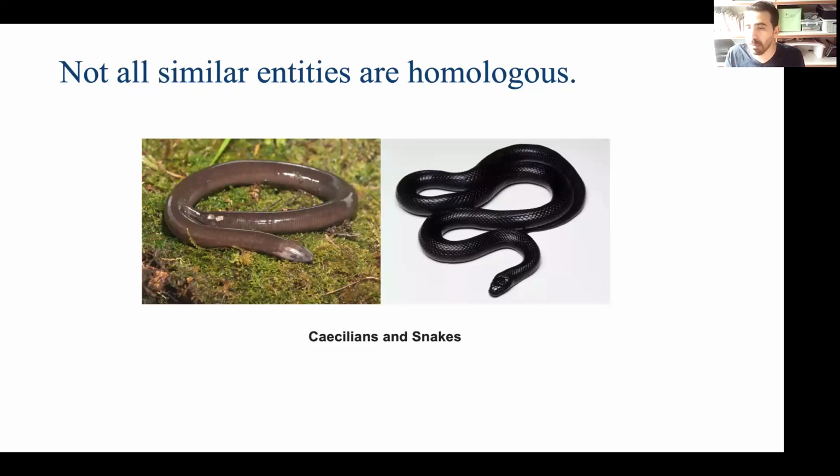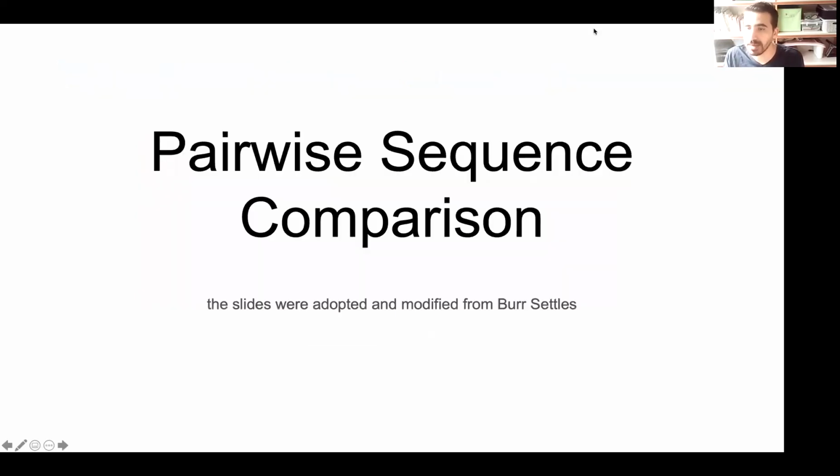So how do we understand homology then? Whether two entities are homologous to each other or not. We look at the sequence, right? We look at the sequence of the genes, because if sequences are similar enough, and if you can align them, and if this alignment is significant, then you have an idea whether this similarity of sequence is due to chance only or not. So that's why we have to apply pairwise sequence comparison. Let's talk about it.